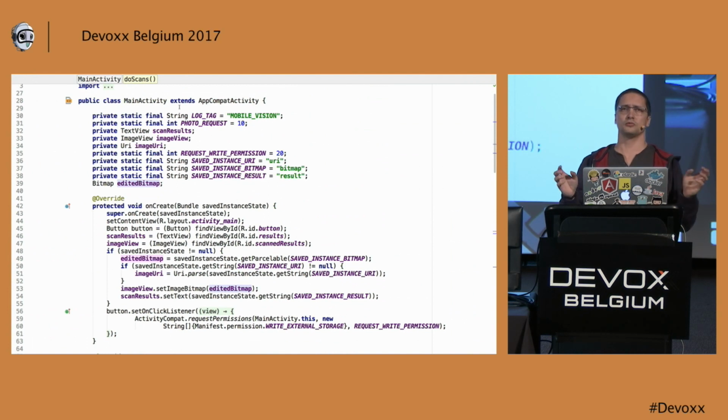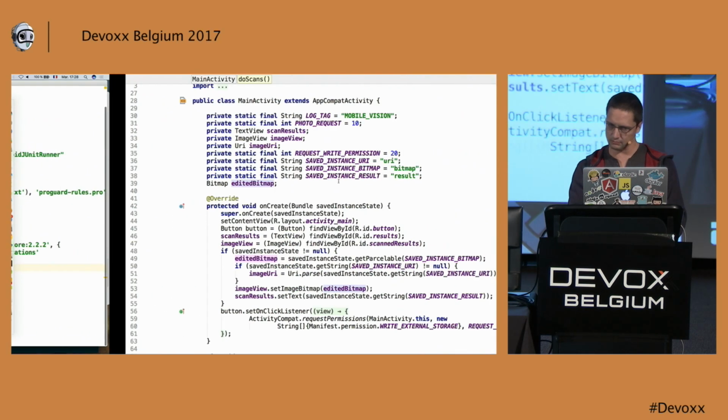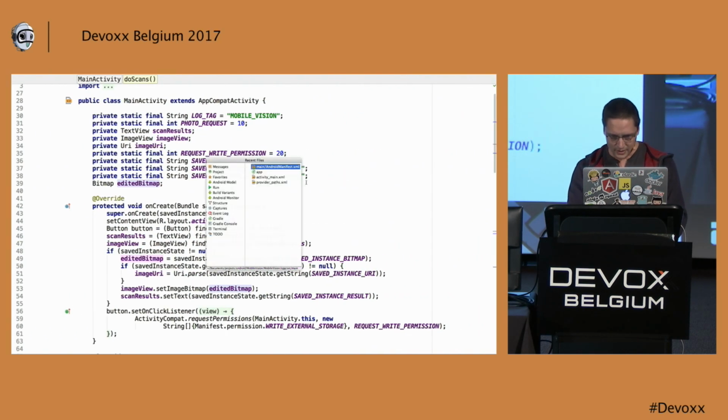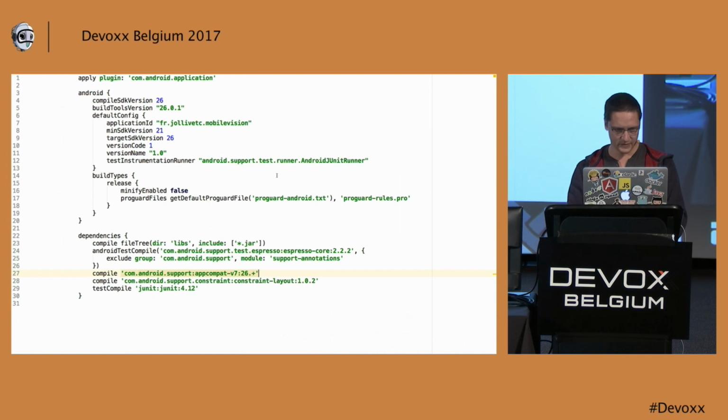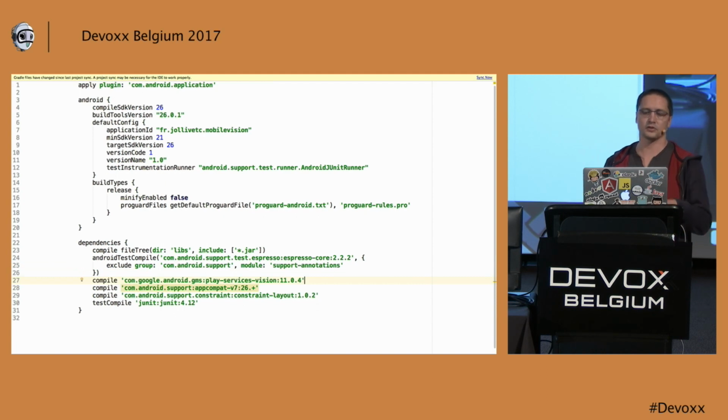The first thing you need to do is to add the dependency for mobile vision. So just go to your build, and you add the dependency for the Google Play Services Vision.